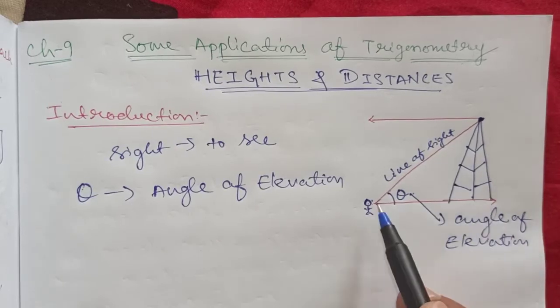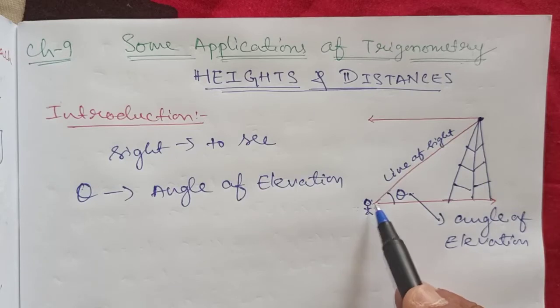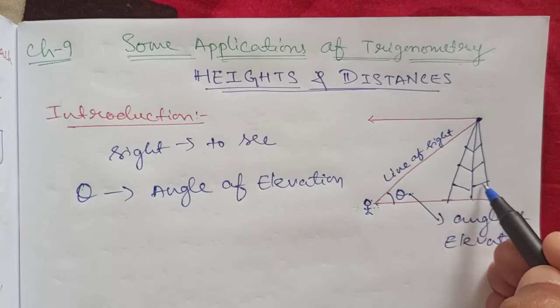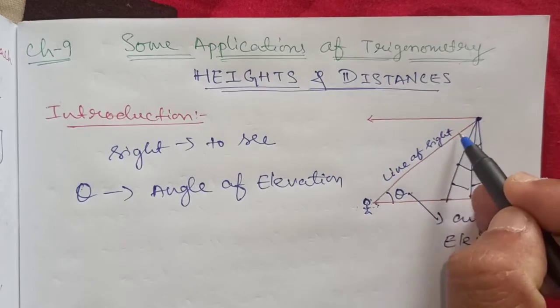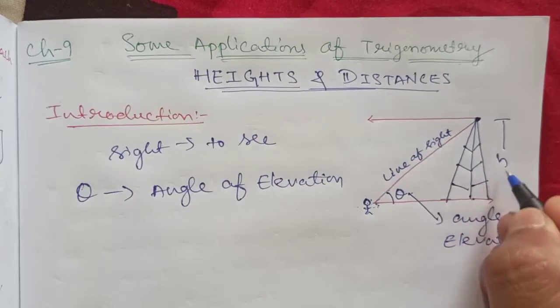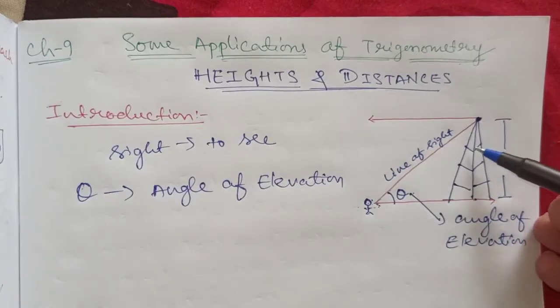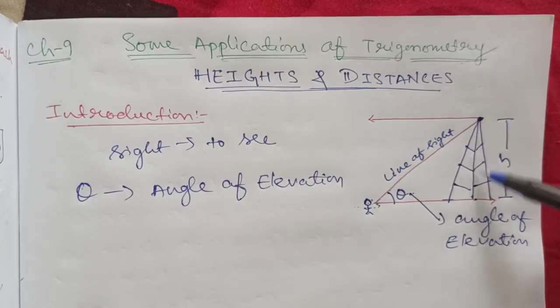Suppose you are standing here and there is a tower. If you know the distance between you and the tower, and the angle by which you are observing the top of the tower, then you can easily find out the height of the tower without using any measurement scale. We don't have that big a scale, and it is not at all easy to measure the height of a mountain or tower using a scale, rope or thread.